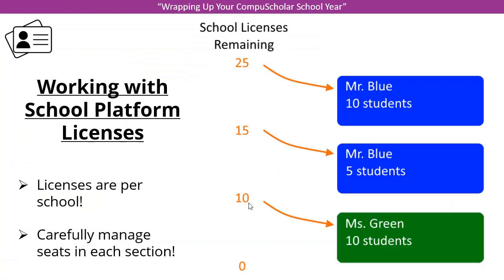on that school license. And then another teacher, Mrs. Green, comes along and creates a final section with 10 students, and that leaves you with 0 for your campus license. So that's how teachers will work together to bring out just the number of students they need in each one of their sections, and be sure to leave unneeded licenses back in the general pool for other teachers to